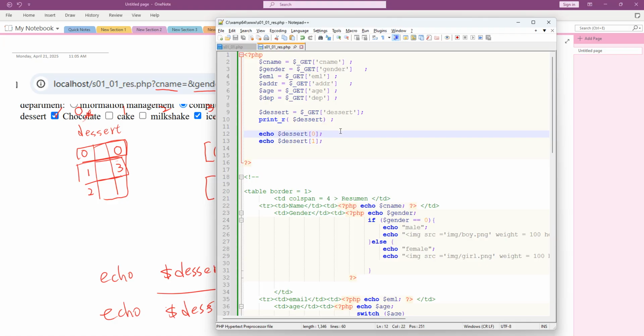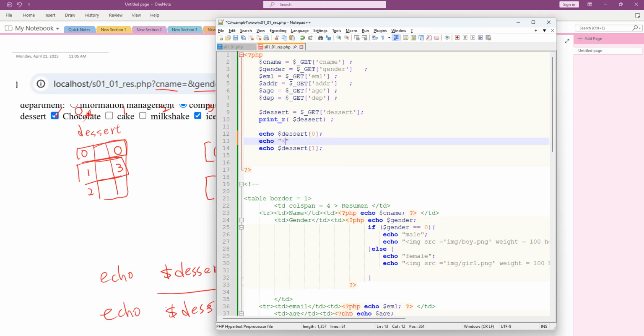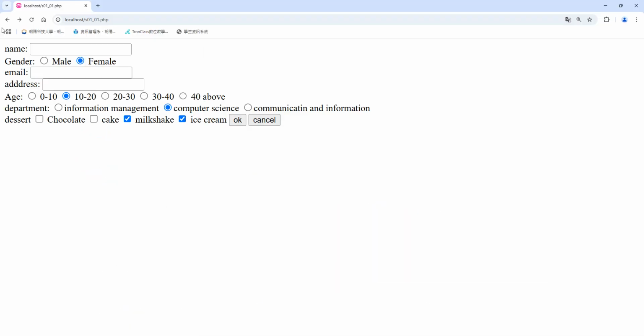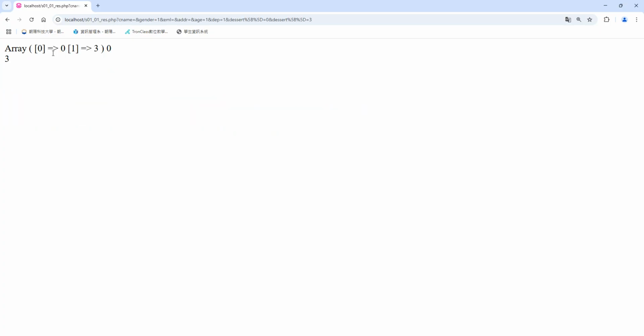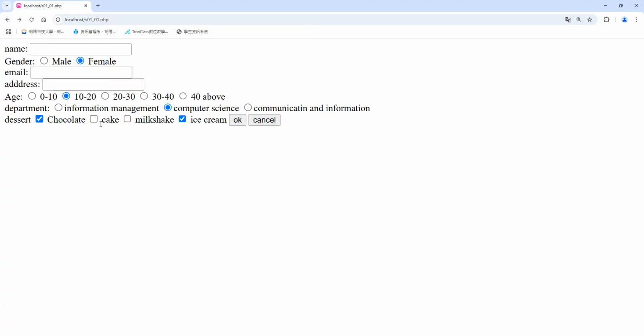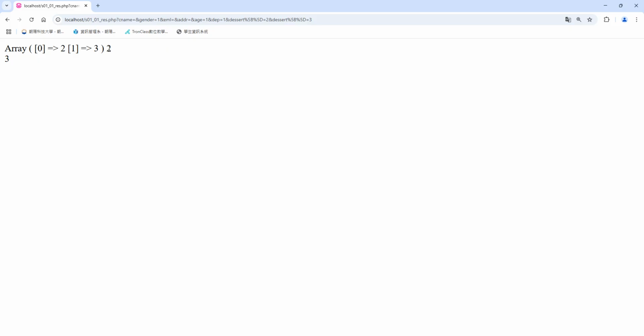Okay, I show up a BR in here. Okay, let's go back here, refresh. Okay, I choose 0 and 3. So I have index 0, the value is 0. Index 1 is 3, so I will echo 0 and 3. So next one, I choose a 2 and 3. So this one I have a 2 and 3. Got it? Okay, but if I choose this one,